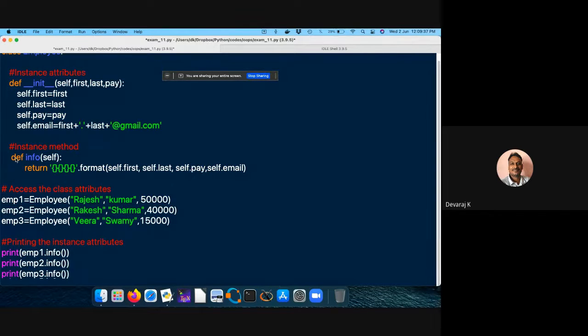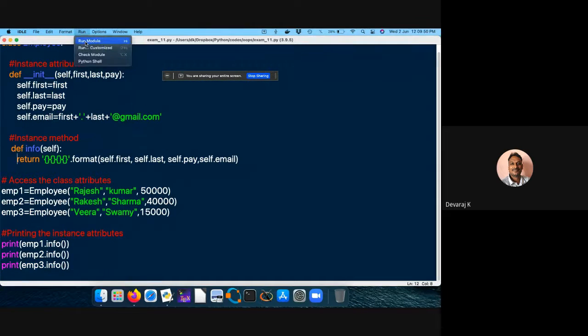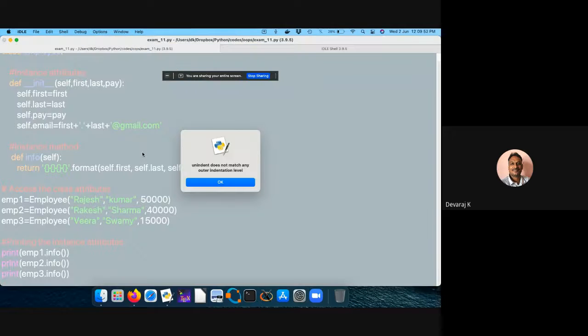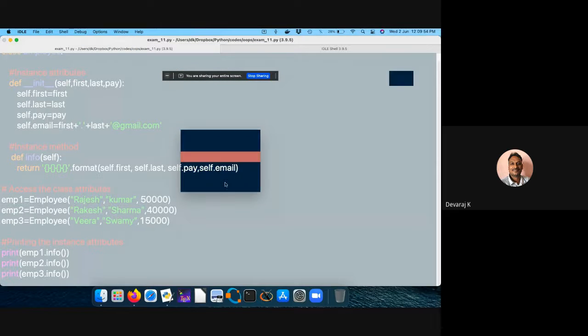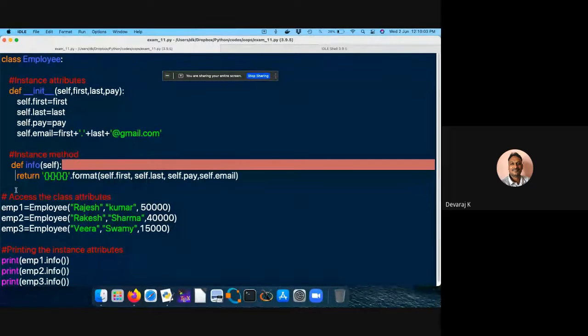Yes, this one. Okay. No, in Atom I didn't face this. I'm facing these difficulties in your IDLE editor. In Atom, these difficulties are automatically taken care of. Unindent does not match outer indent. Okay, one minute. The definition, this particular thing, this instance, there. This is also fine. What is the problem with it? Oh, I think this is.